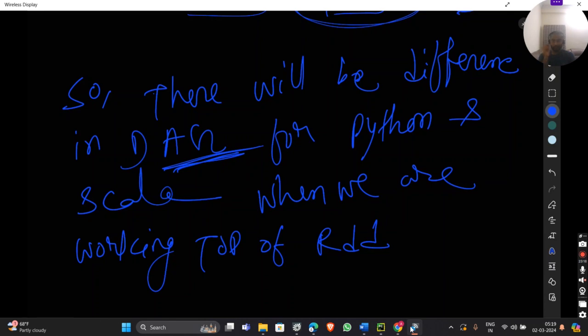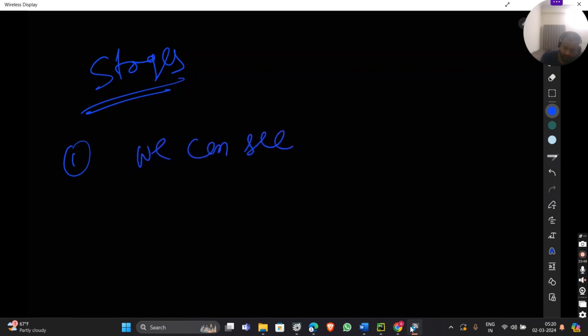Now we'll come to our real question. What are stages? Stages are a boundary marked by shuffle. Shuffle means data movement. If I try to simplify, shuffle means data movement. When will data movement happen? When there is a wide transfer. So we can see stages in the DAG diagram